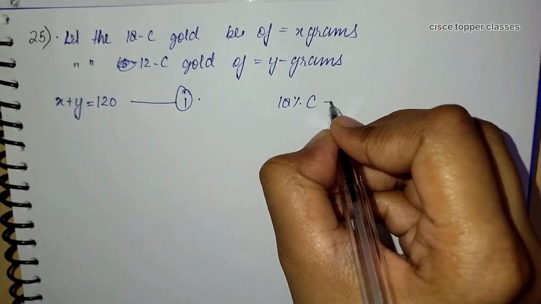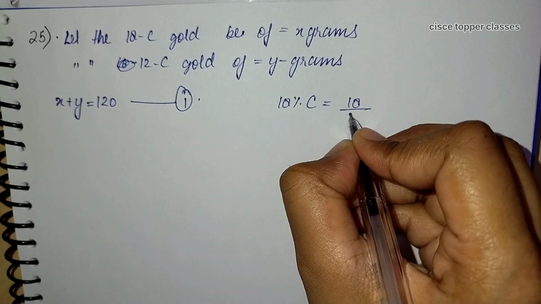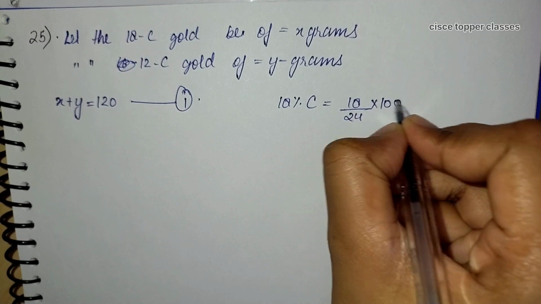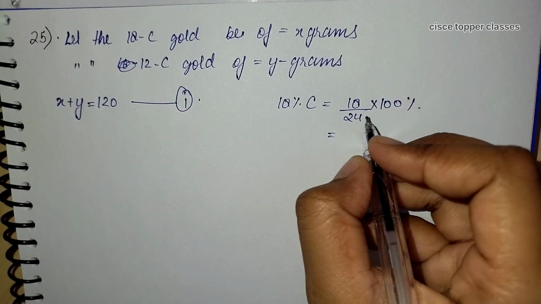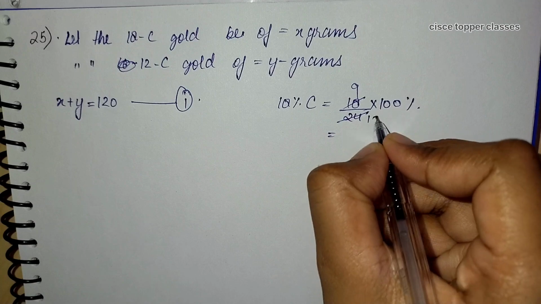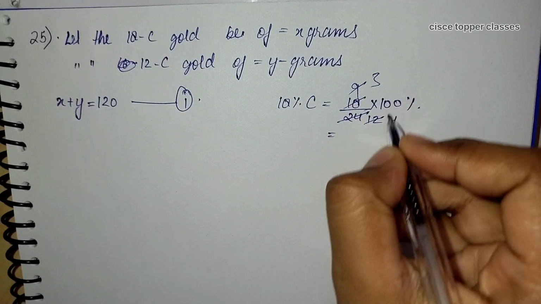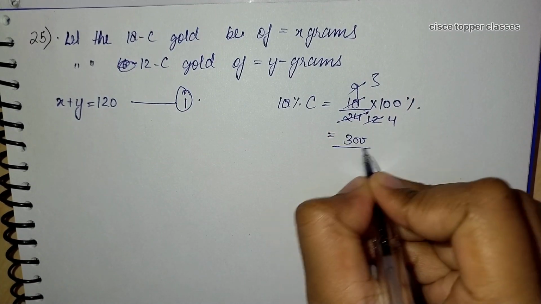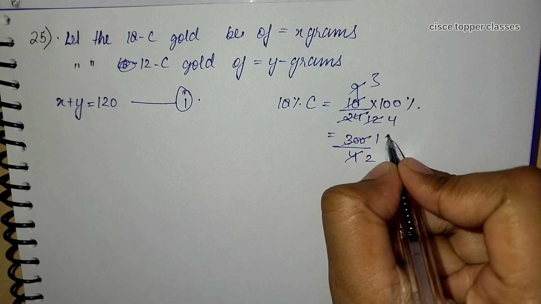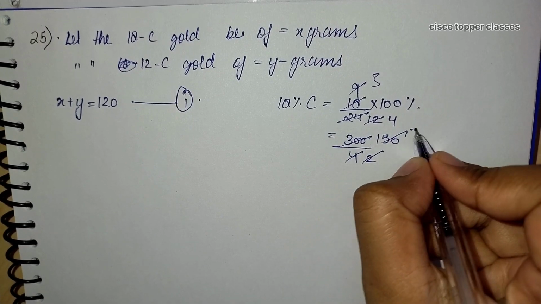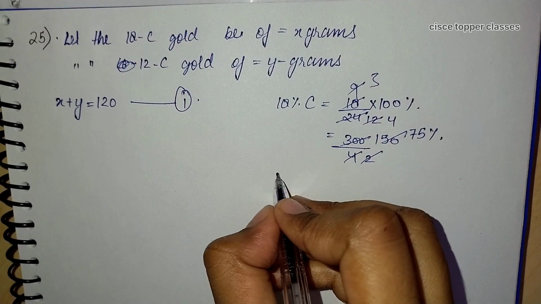18 karat gold is equal to 18 divided by 24 into 100%. So it will be 9, and here 12, here 3, 4. So 300 divided by 4, it will be 150, and here 75%. Now